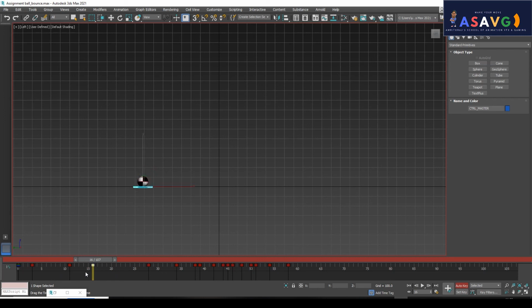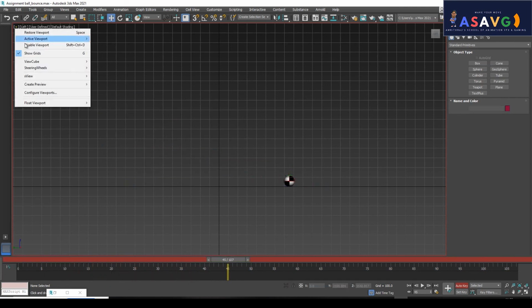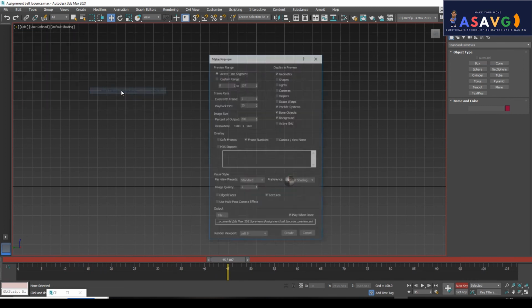Down should be more, so this much, then should be up. Then I will be selecting the whole thing, the keyframes, and moving right here. Okay, now we'll make a playblast. It is not set, but we'll be checking it.